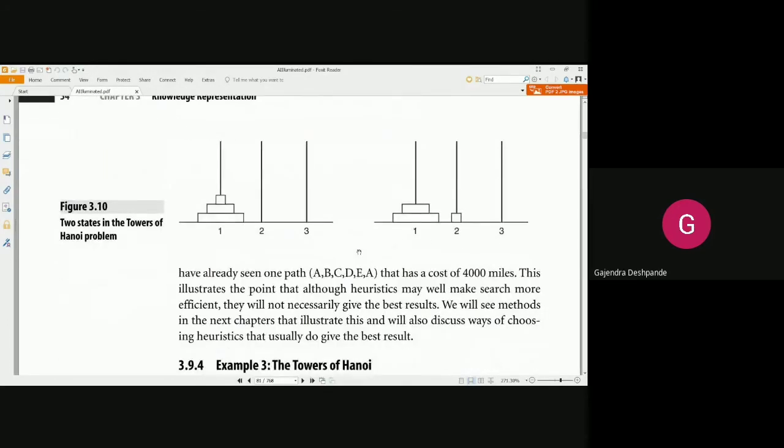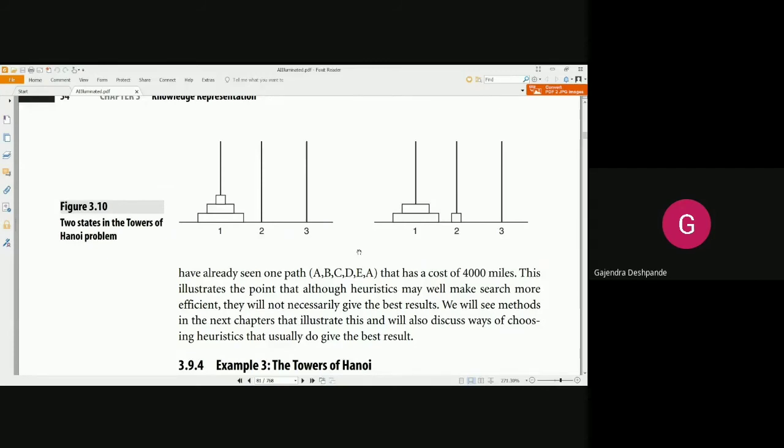So next problem is Towers of Hanoi. So you can see here Towers of Hanoi problem. You might have already studied this Towers of Hanoi problem in the data structures subject. If you have studied it, then you might have used the concept of stack to solve it. If you have not studied, then fine. But there is a small story behind the Towers of Hanoi problem. That also gives the indication of how complicated, how complex this problem is.